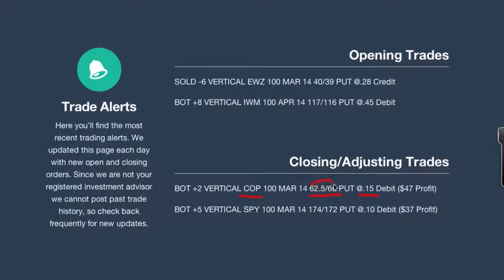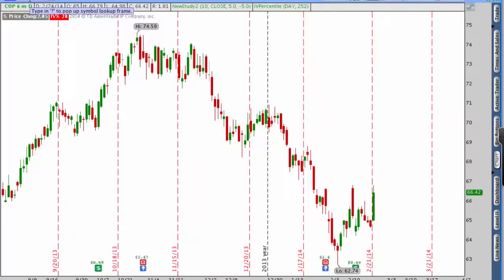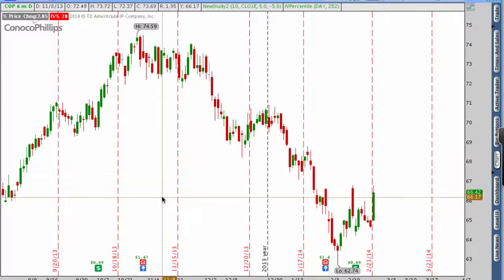You see it's a $2.50 wide spread. We bought it back today for 15 cents as a debit, so we made a nice $47 profit on this trade as a whole. Again, as with everything that we do, when we buy back a lot of our strategies at the beginning of the month, and this is something that a lot of people start to see, during the month we'll start to close out a lot of these trades, and at the end of the month